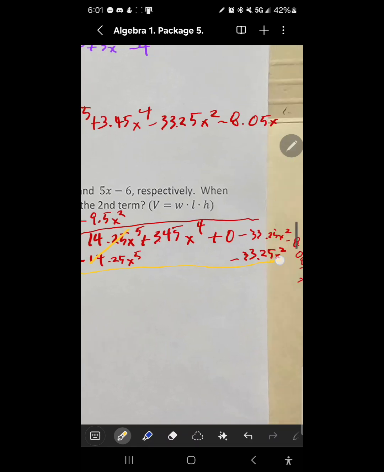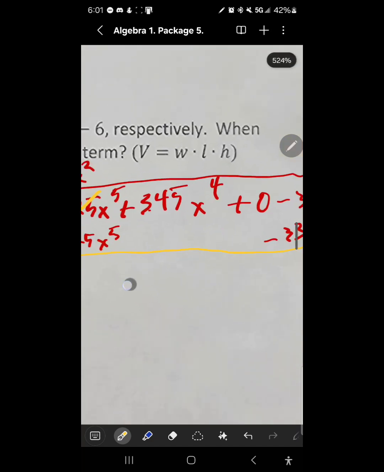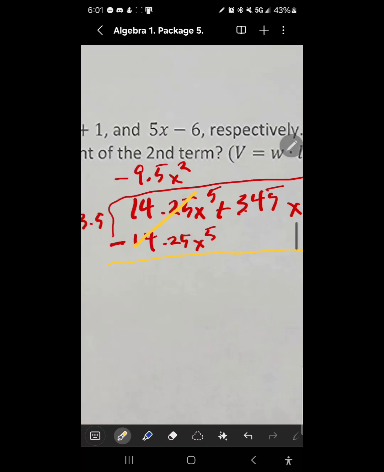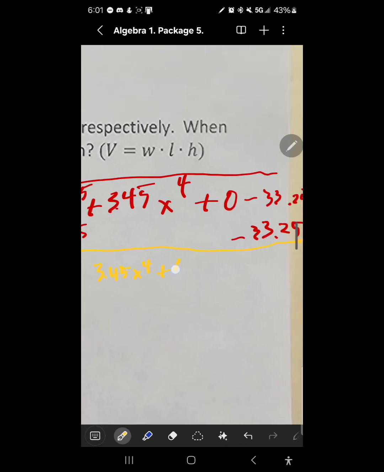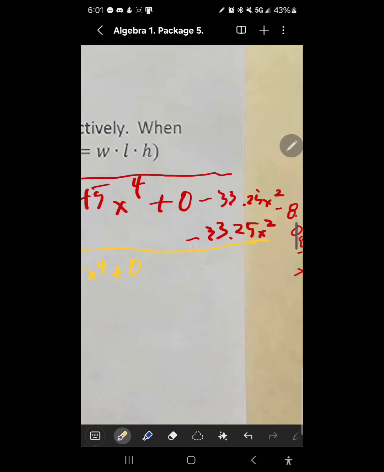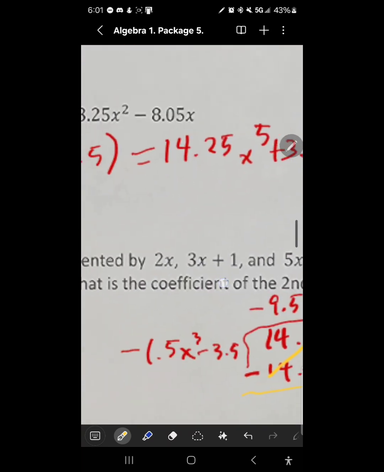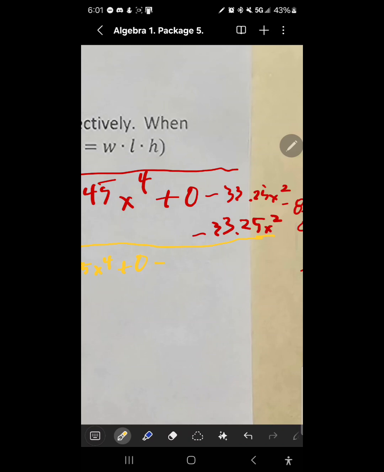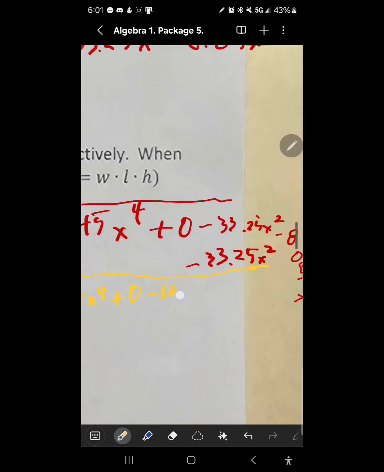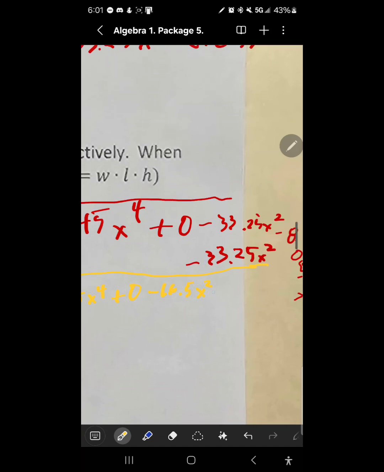I'm going to take it out. So 14.25 minus 14.25 is just 0. Then 3.45x to the 4 minus 0 is 0 plus 0. Here we keep the 0 just in case. And then here we have the same sign. Let me check that is actually what they say here. Yep, just to make sure. We have the same sign, so we keep the sign and add them together. This is going to be 66.5x squared, and we keep the last one, which is